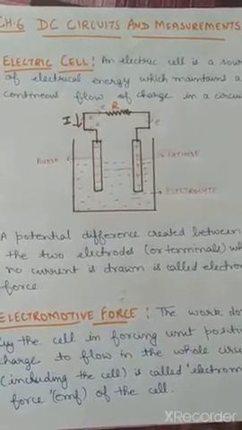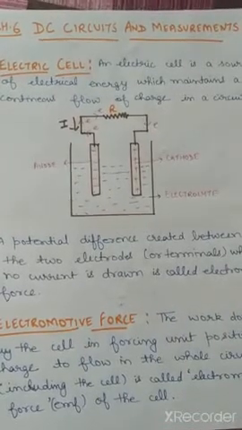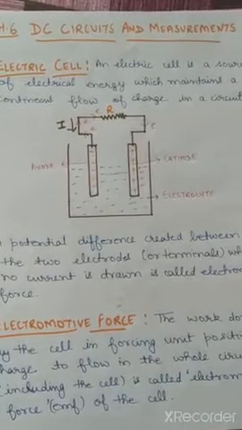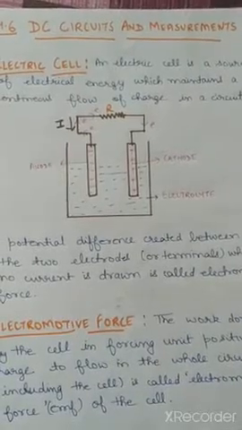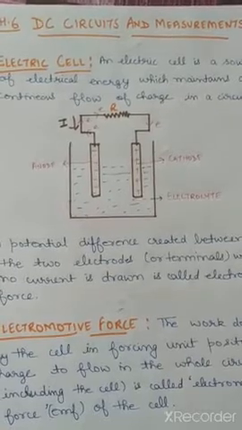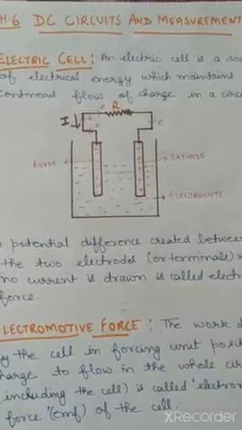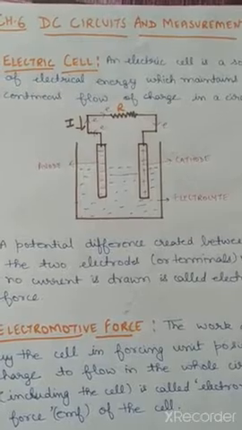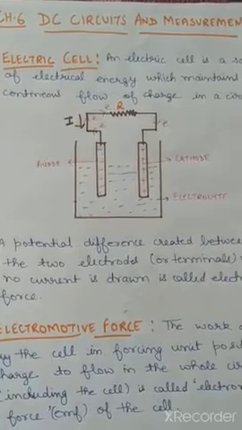Hello everyone. So today we will start the next chapter, that is DC circuits and measurements. DC means direct current. So direct current circuits and its measurement, all that we have to discuss in this chapter. This chapter is very important from both the theory point of view as well as the practical point of view, because for practical, the instruments that we will study in this chapter are the experiments that you have to do for electricity in class 12th, like meter bridge, potentiometer.